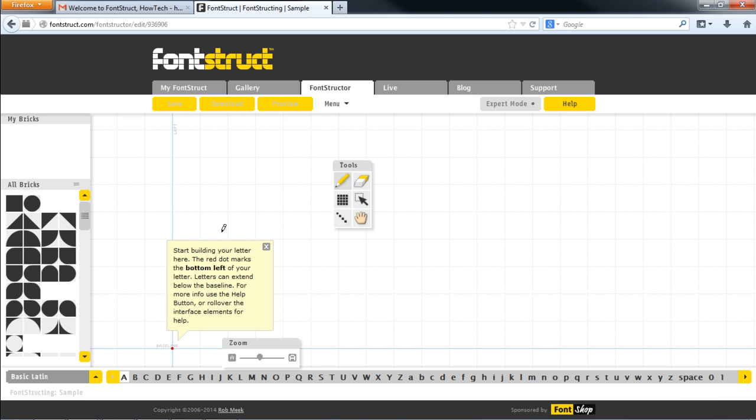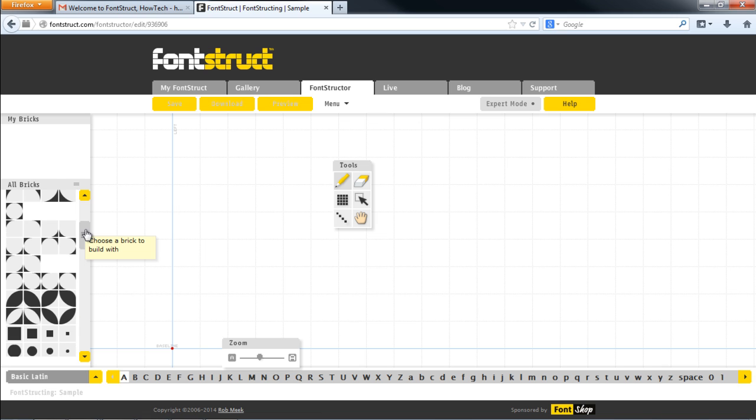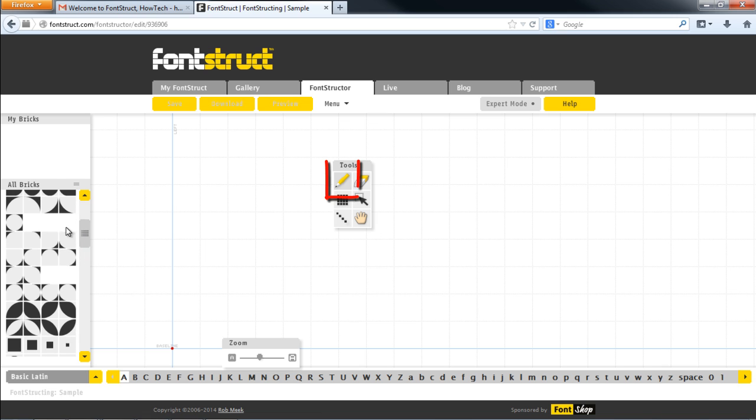Below, you have all the letters and characters appearing as different tabs over here. The idea is that each letter is created in a different tab. On the left side, you have the different styles of bricks to choose from. Let's select one of the bricks, and with the pen tool selected, let's draw a straight line consisting of 3